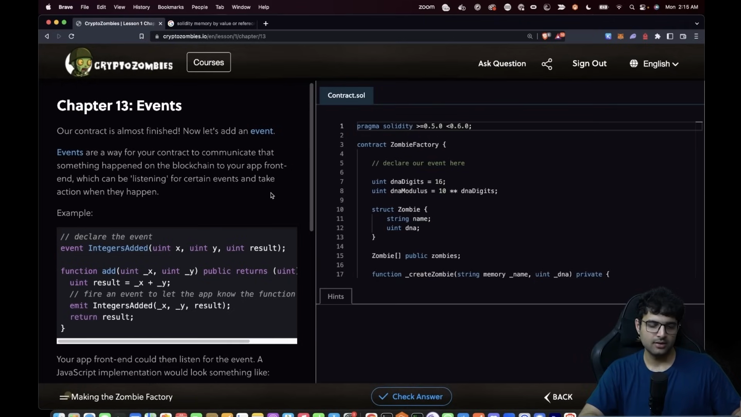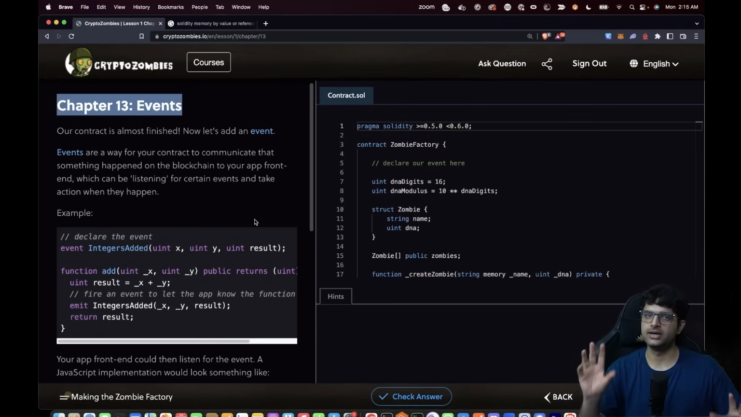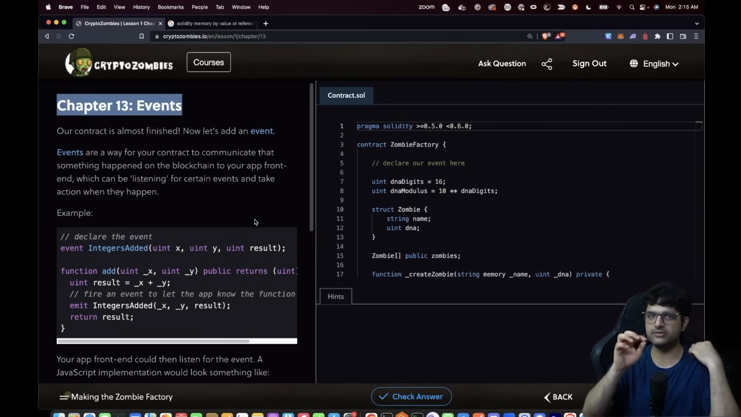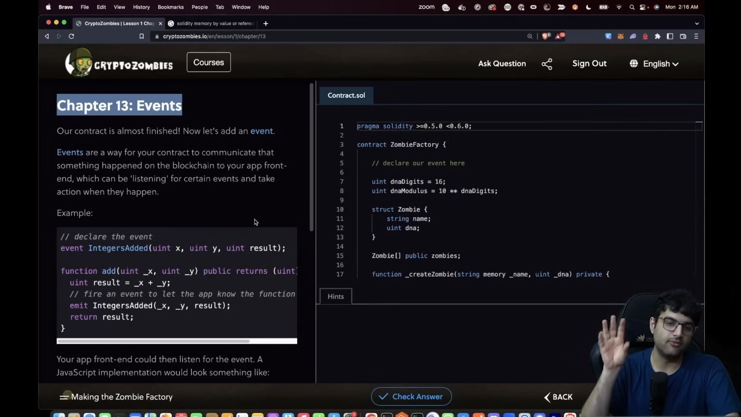Let's click on next. Last thing for this module is events. What are events? Very, very important, specifically important for our final app as well. Events are something your contract can emit. Why is this cool? Because after I've deployed my contract, for example, the final contract that we'll create, after I've deployed it somewhere,